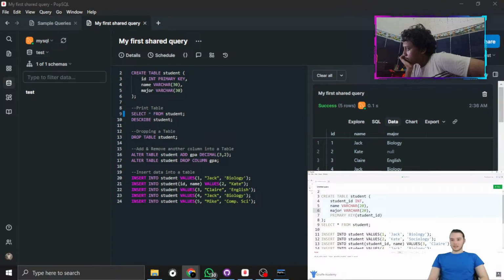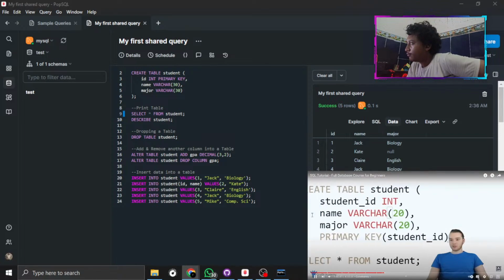The first thing I'm going to show you guys is something called not null. Not null will allow us to define that a particular column in the table cannot be null. So let's say that when we're storing our students, we don't want the student to be able to have a null name. And null is just a value that represents no value. So if something is null, it means